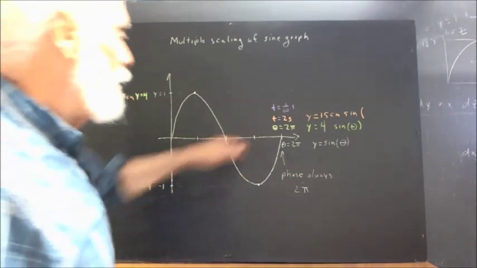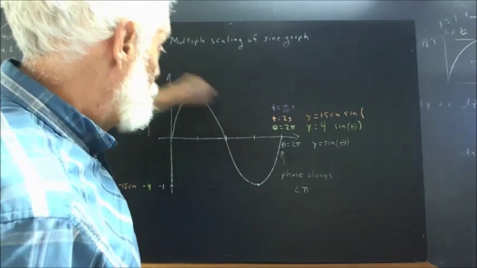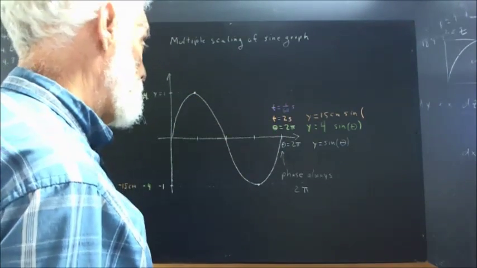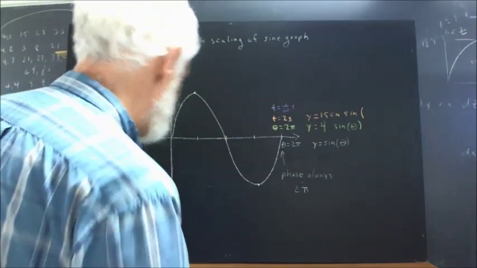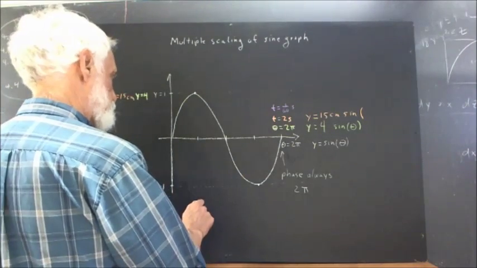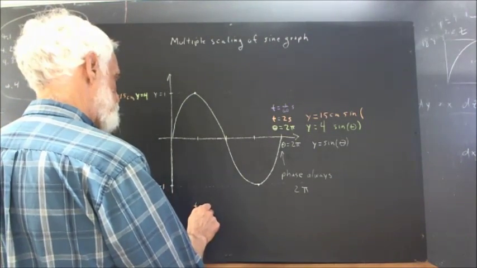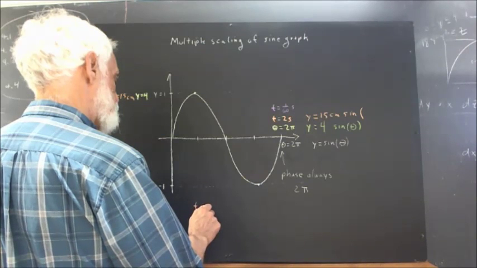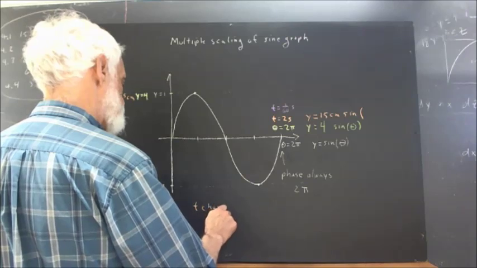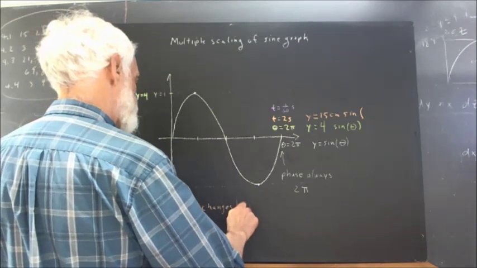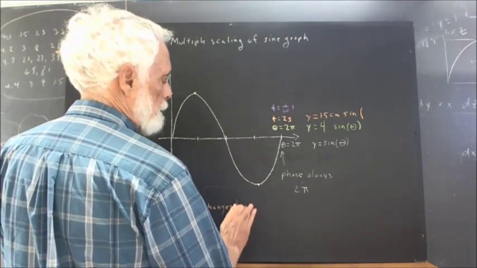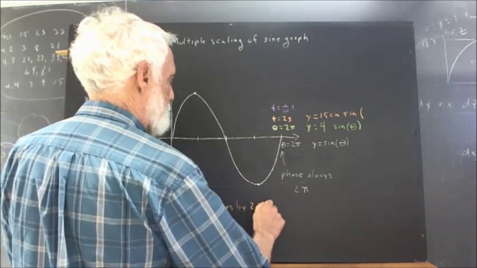Well, that something has to complete 2 pi radians when t changes by 2 seconds. So 2 seconds